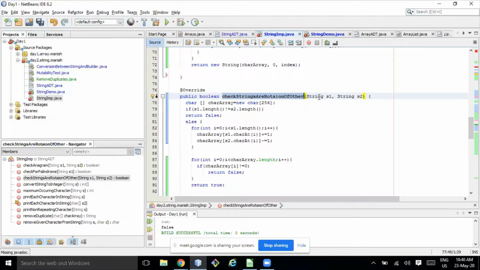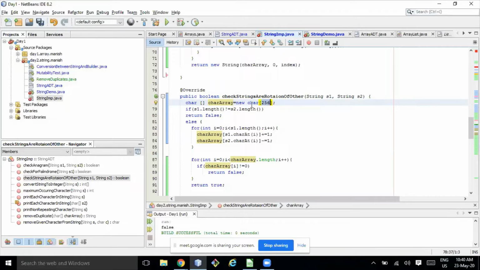So I am creating one character array of 256 characters. If it is a character, the value will be between 0 and 255, like a, b, c, d, so it will take a maximum of 256 characters.